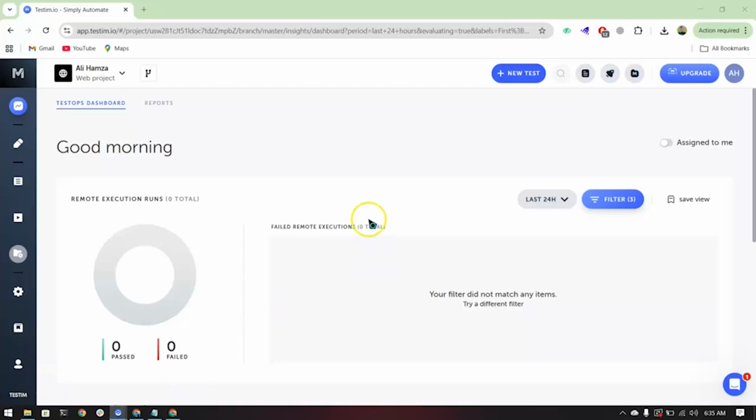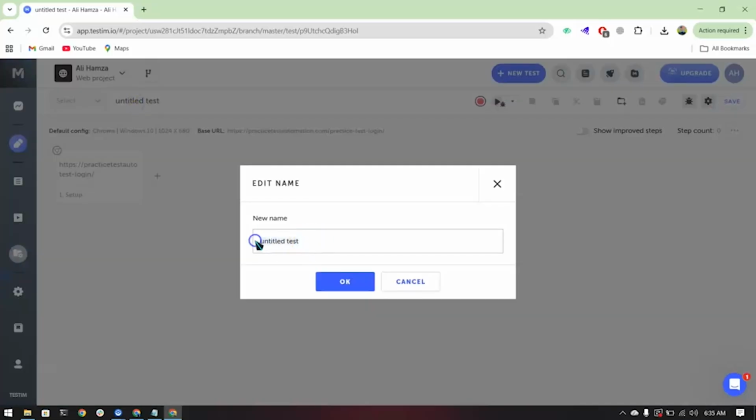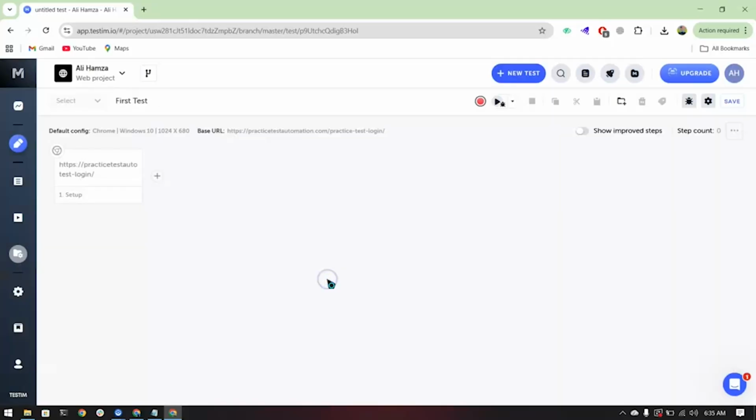So now we are going to create our first test in Testim. Once you have installed the extension, just click on new test and it will take you to the editor. On the editor page you need to first write your test name, like first test. You can name it anything. After that you will see the default configuration is Chrome Windows 10, and